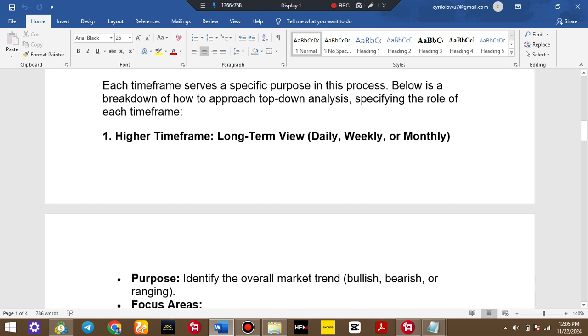Now, if you are a new trader, probably a day trader, the higher time frame you should be watching out for before you make entries or before you take any decision is the daily time frame. So you need to check the activities that have been happening within the daily time frame. When you analyze the move from the daily time frame, then you move to the 4 hours to see the direction of the trend. Then look for opportunities, probably in your 1 hour, then you go to 15 minutes for entry, depending on how you choose to do it.